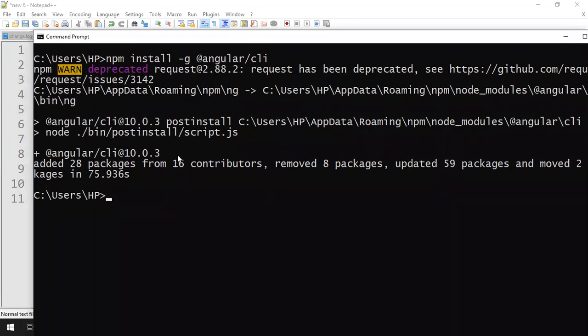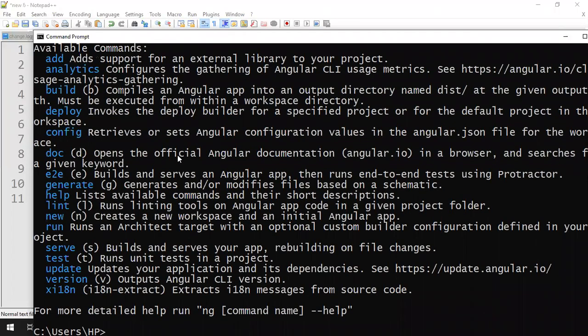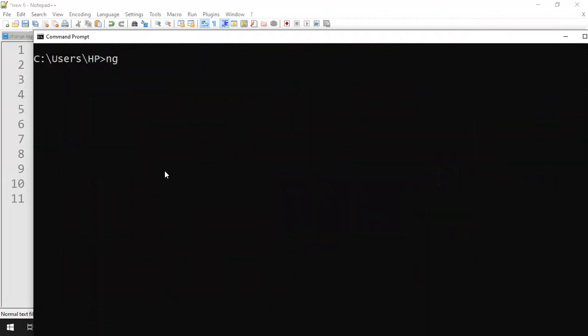Once you're done with this, just clear the screen and you can check the version, that is ng -v. Oh, it's giving the commands. Not that. I want ng space hyphen version.